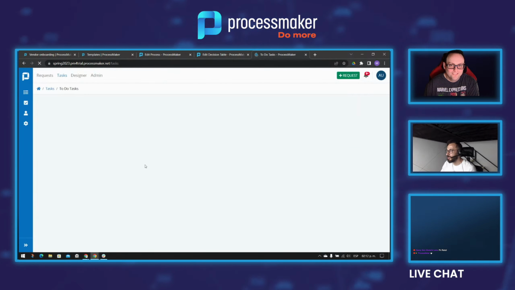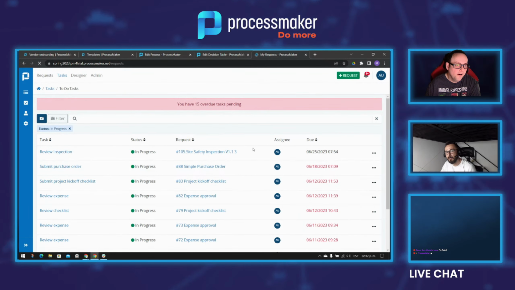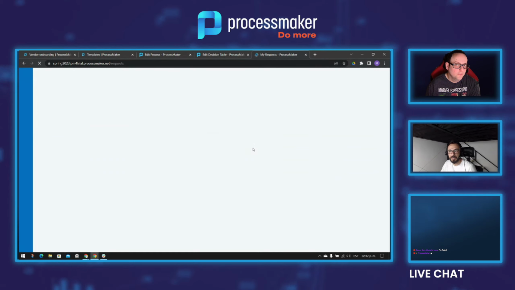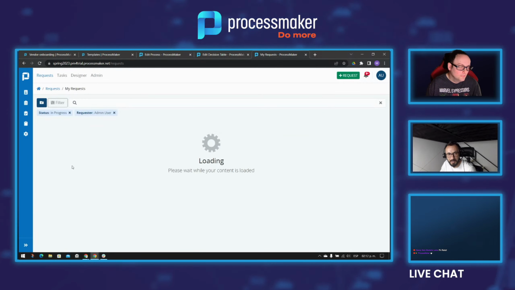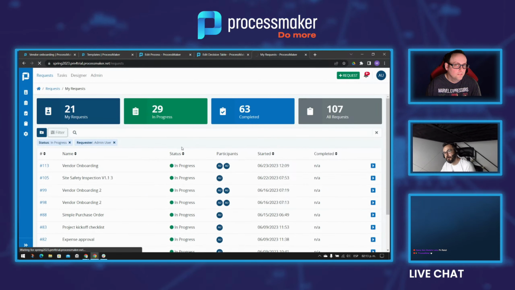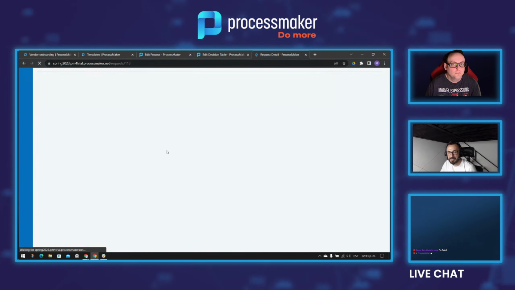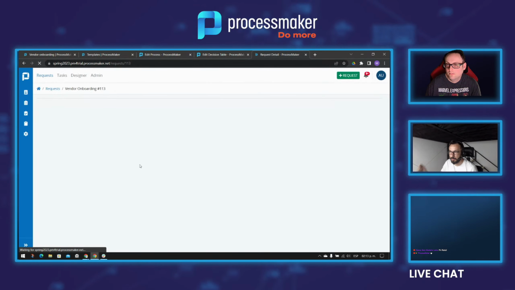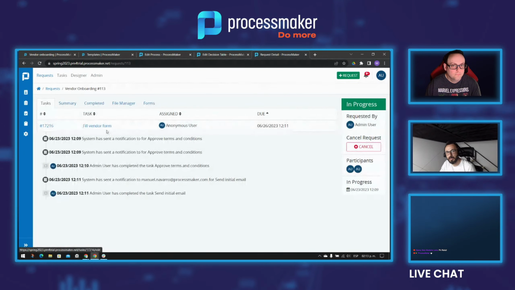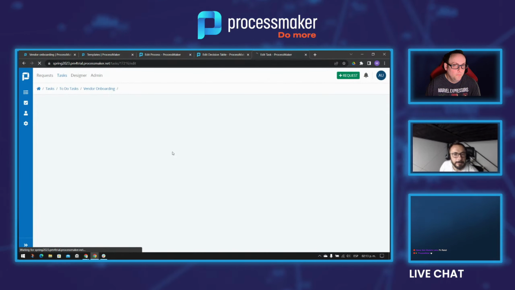Yeah, we can continue working on this. This is a pretty basic example. It's getting through each of those steps of the requester and the person who requires. The vendor will be receiving a link. Right now, as a template, the link is not configured. You have to add the link that is automatically generated by the system, but the person is receiving a form where he can just add in here the